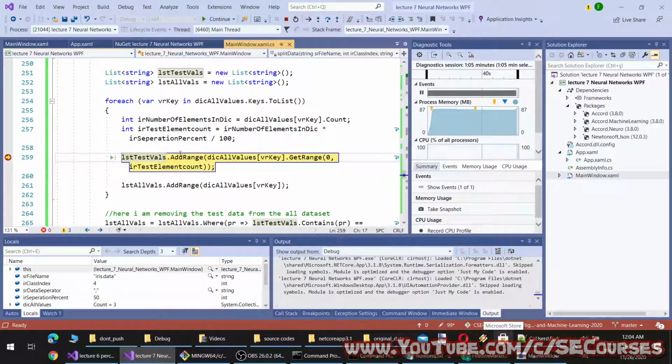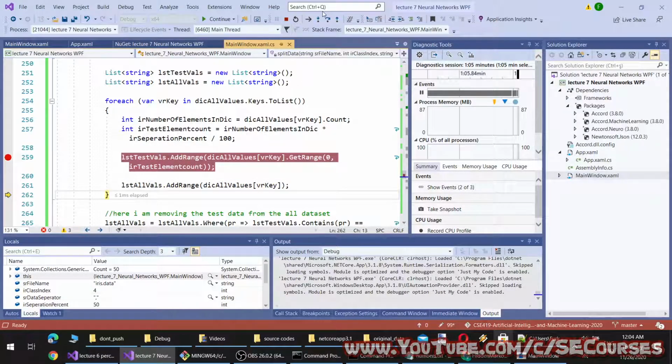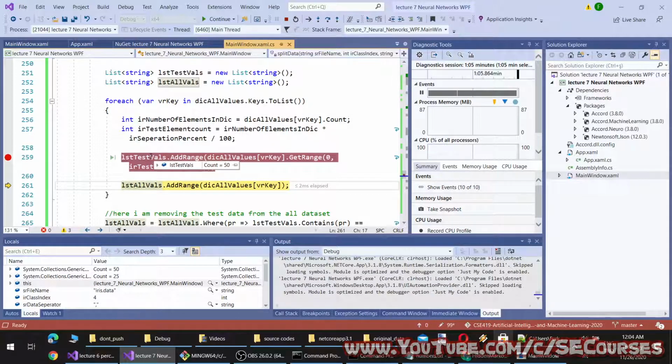Okay, 50 elements and 0 and 50, 50, 50. Okay, 25 elements it will get. Okay, 25 and okay, 50. Let's continue. 25, 50 and 100.